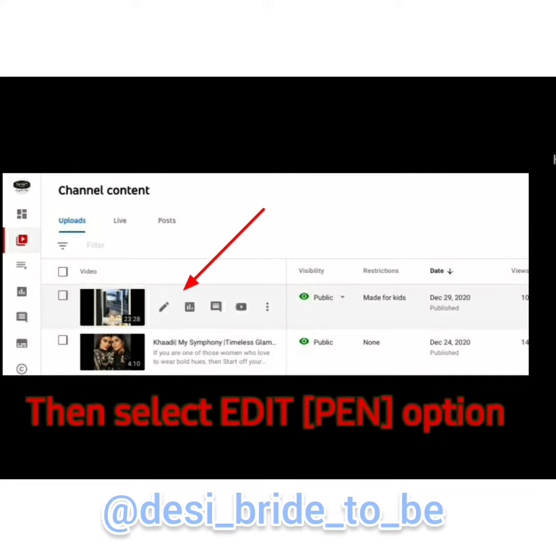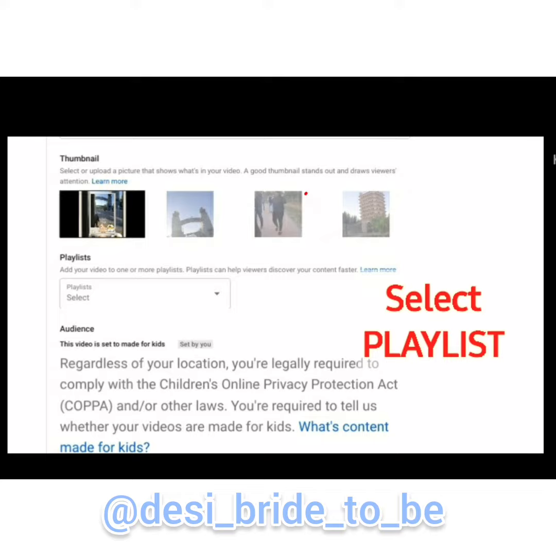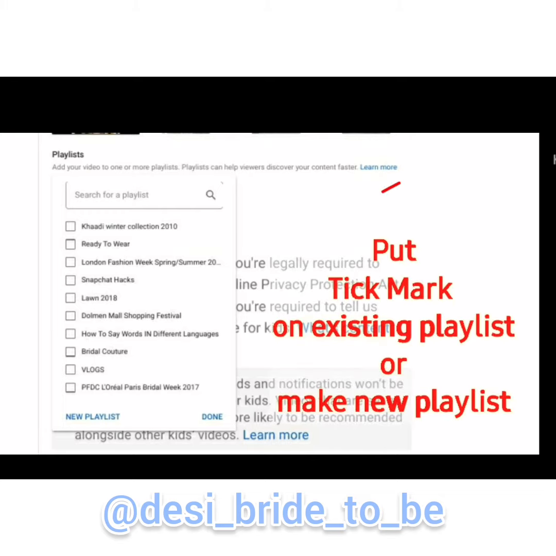Then select edit option. Select playlist. Put tick mark on existing playlist. Or make new playlist. If it doesn't work, then